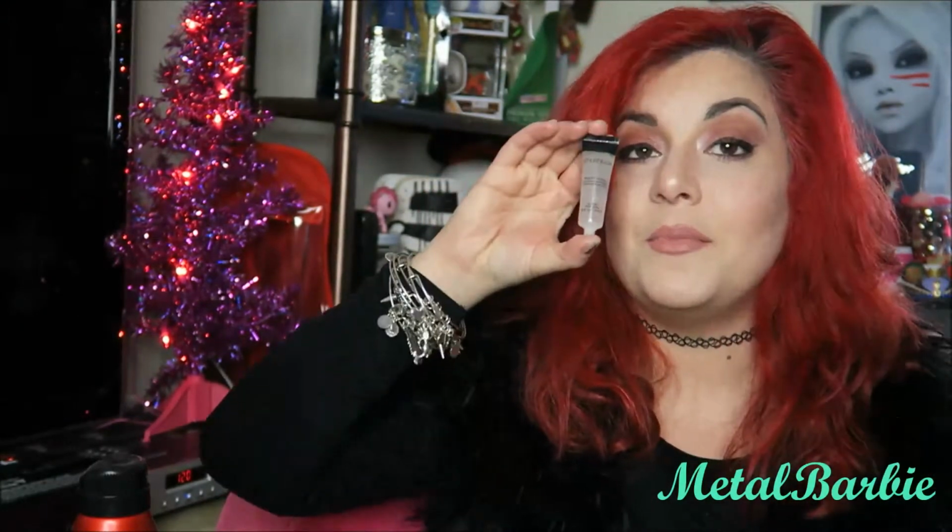This is my last tube. I need to get another one. I'm using my sample sizes from my Ipsy bag. I do love it. This is my favorite primer ever. It's oil free, so I don't have to powder my face before I put my foundation, because I find if I don't use this and I use a different primer with my moisturizer, it tends to be very